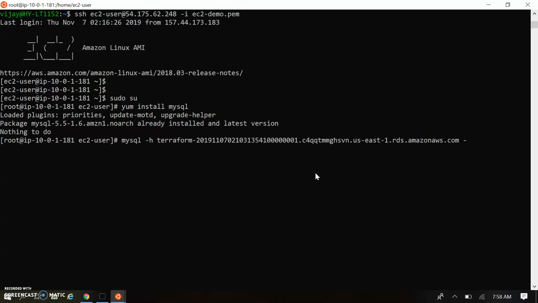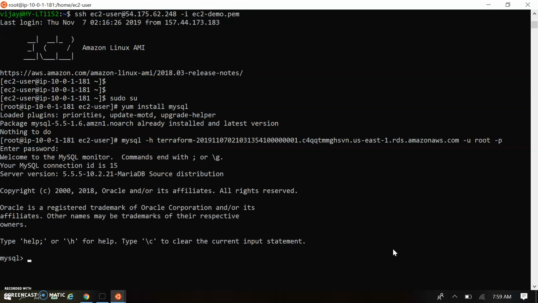And username is root, and for password, I'm giving the prompt by default. Okay, so when you enter, it will ask for the password. You have to give the password. So I got connected.